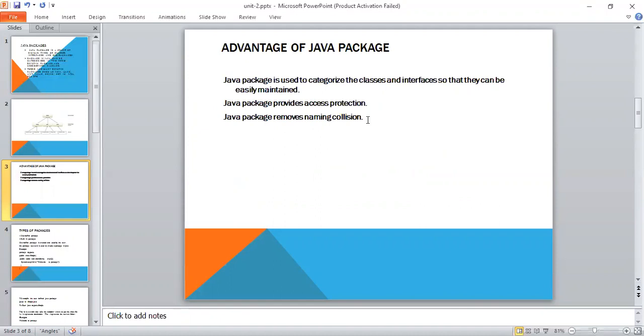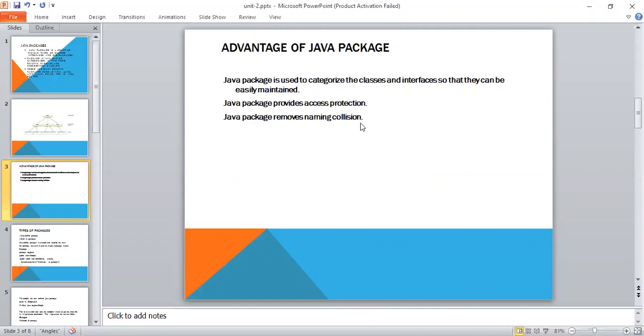So these are the advantages of Java packages. A package is nothing but a group of classes and interfaces, and Java packages provide access protection. In Java, we have four types of access specifiers: public, private, protected, and default. And the next one is that a Java package removes naming collisions. So these are the advantages of packages.